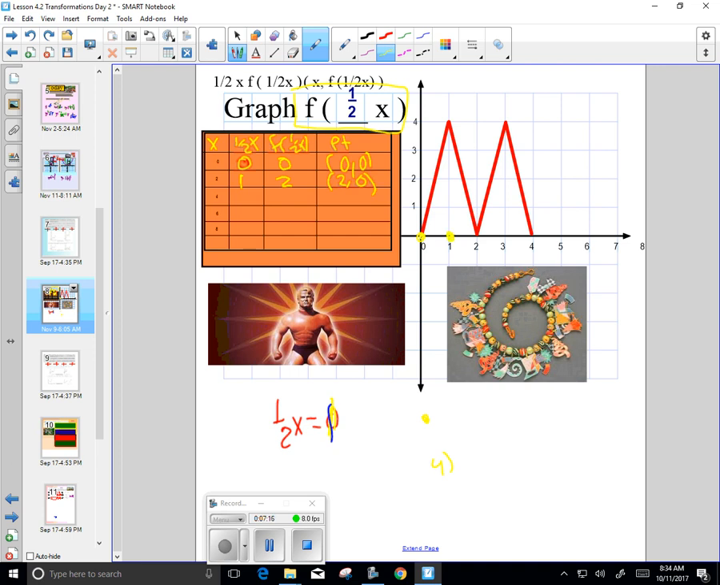Let's do the 4 next. Okay, so we have 4, and when we put 1/2 x equal to 4, then what will happen is x is going to be what? 8. So this is going to be 8, and then the y is still the same, 0. So this is going to be moved out to